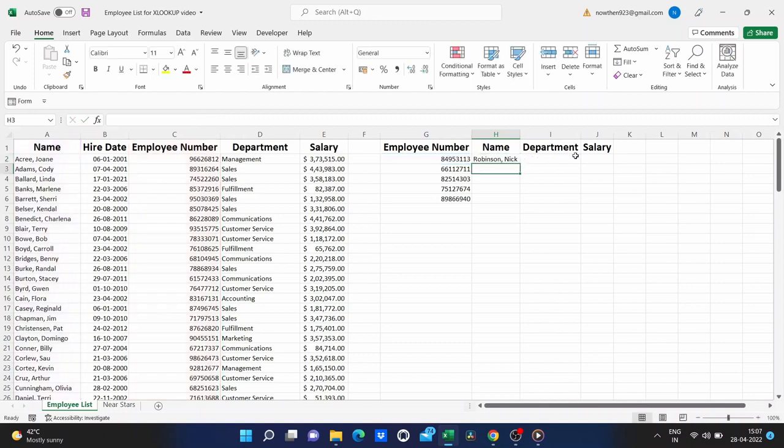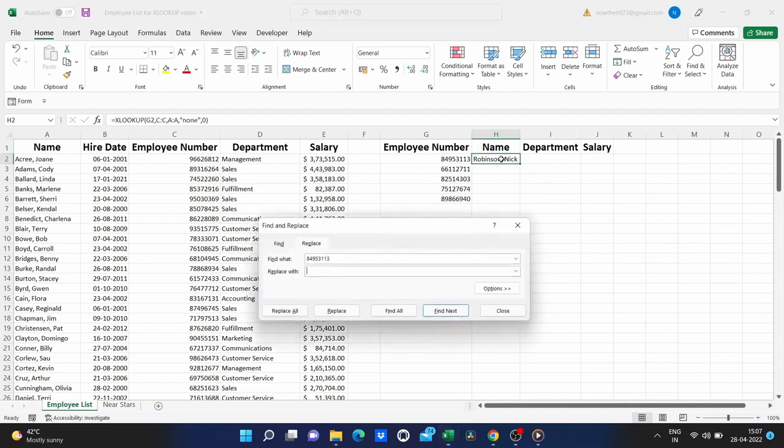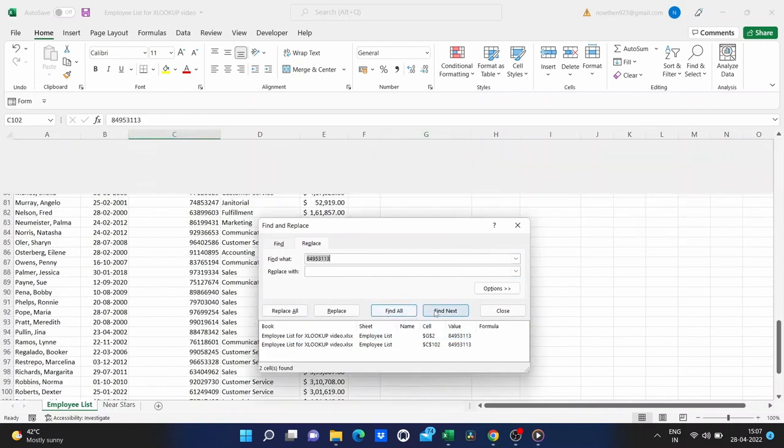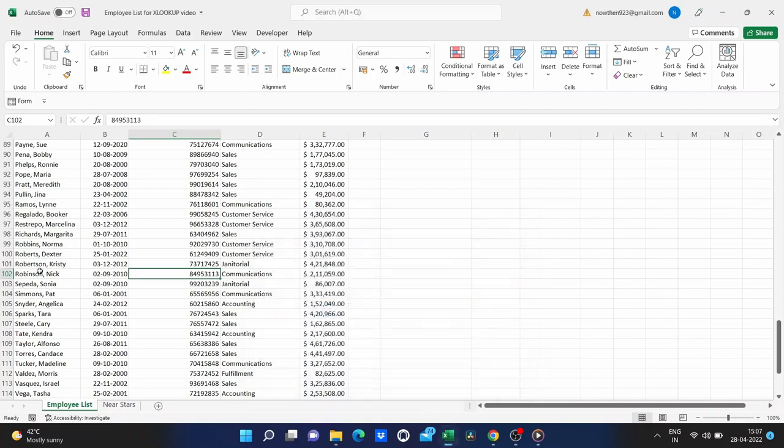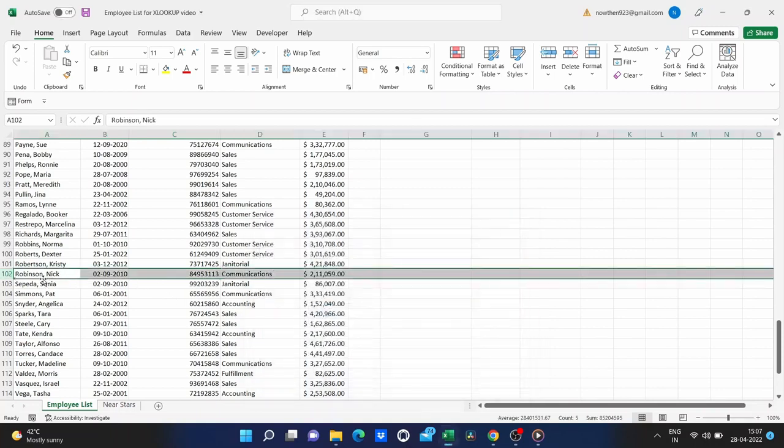Tap enter on the keyboard and you can see Excel has used that XLOOKUP formula to search column C. For this number it found it. Let's find out where it found it. Okay, there it is, and it corresponds to Nick Robinson, who's in the communication department.